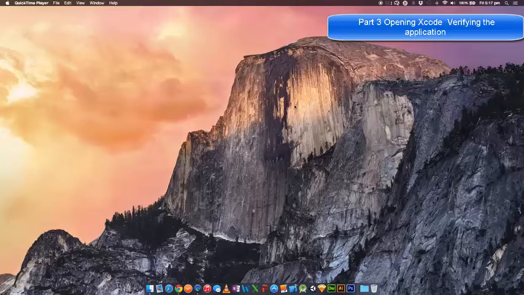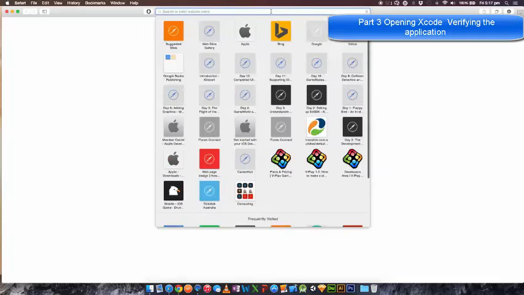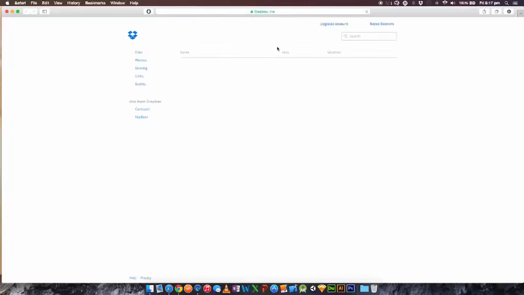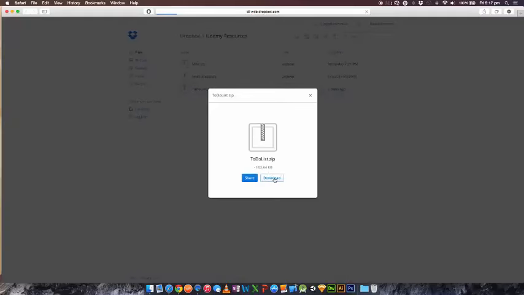Okay guys, so the next thing we want to do is we want to go back to the first lecture and grab the code that I've put in there for you, and then simply paste it in your browser to go and get the source code for this course. As we can see, it's just loading. Slowly and steadily it gets there. And then we want to download the source code,